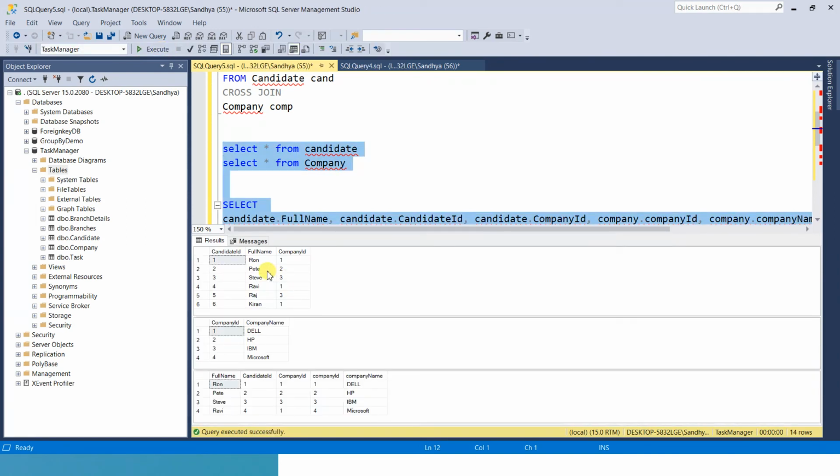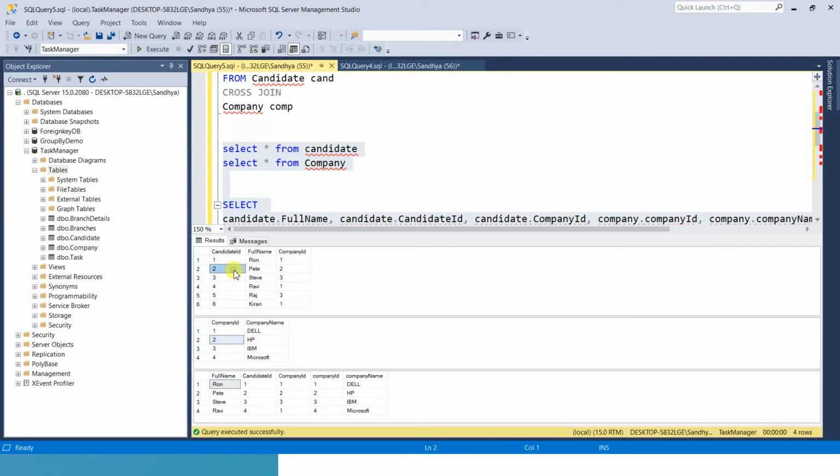So you have the candidate table, you have company, and if you are joining with these 2 columns, whatever common values are present, it will find, it will check each row. First the 1 will come here, 1 will check with all of the records, okay. So 1 and 1, it got a match, it will join these 2 records. 1 and 2, no, it didn't match, so it will not create a join. 1 with 3, it will not create a join. 1 with 4, it will not create a join.